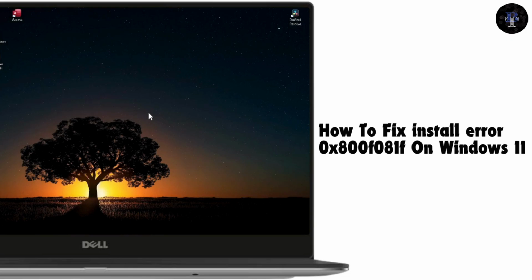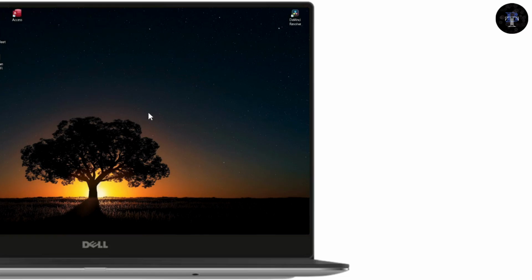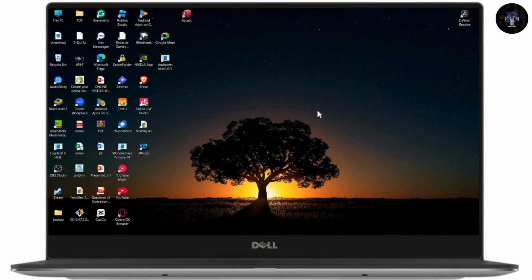How to fix install error 0x800f081f on Windows 11. So if you want to fix this installation error, then what you need to do is you just need to